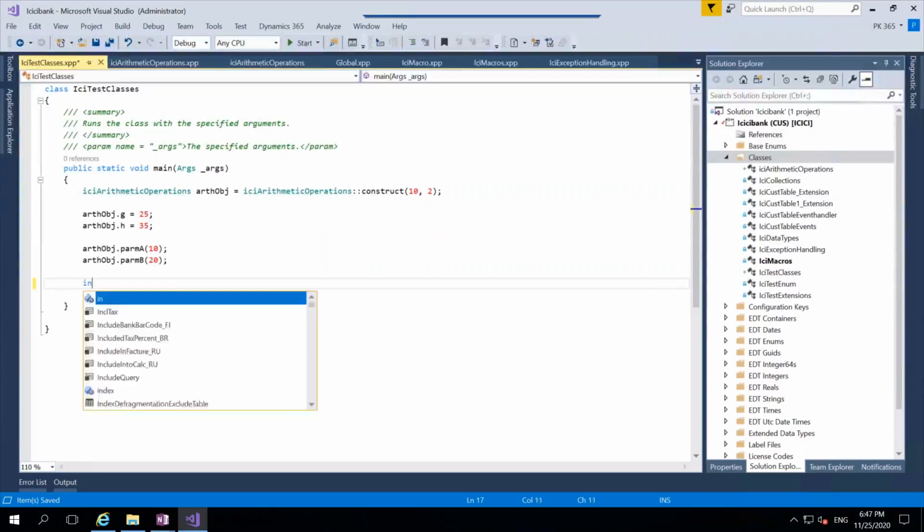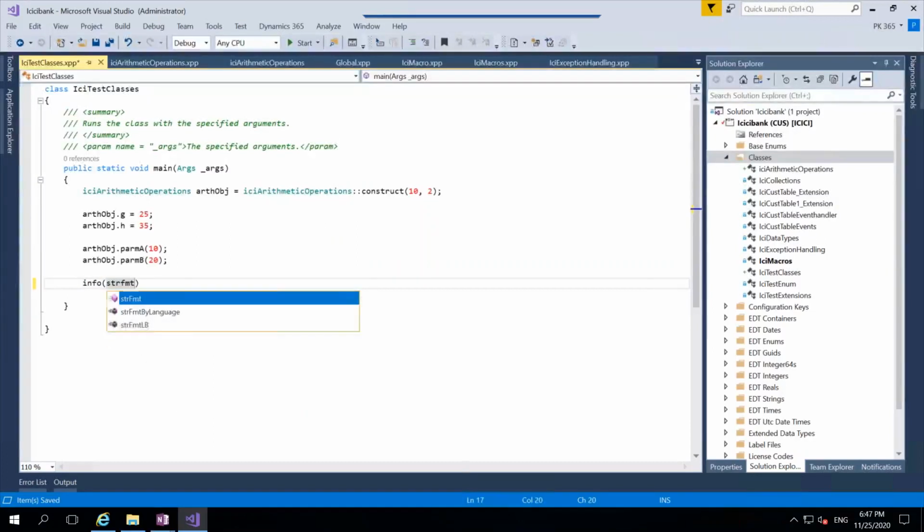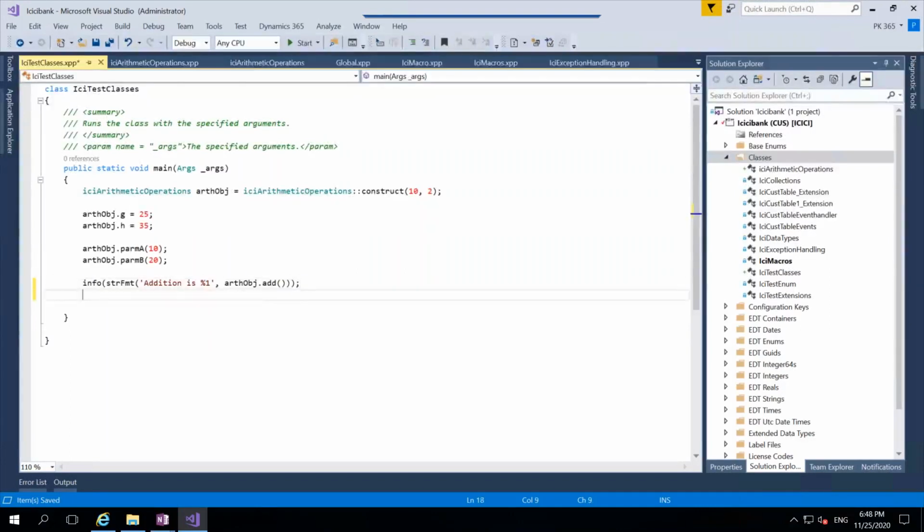Okay, I will use info strfmt, and in the bracket I will say addition is %1, comma earth object dot add. Done. This is one method, and similarly you can use earth object dot sub. This is for subtraction, and you can say subtraction is